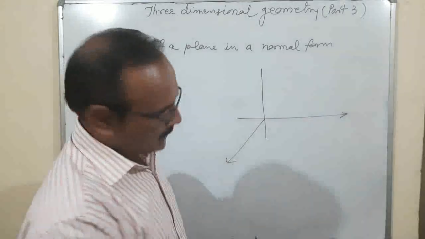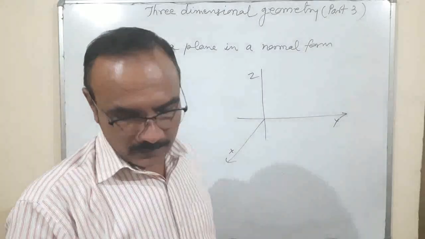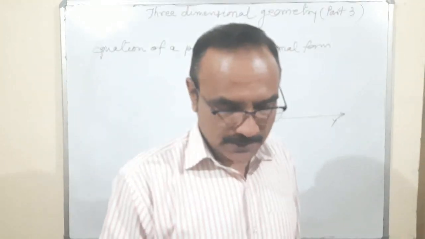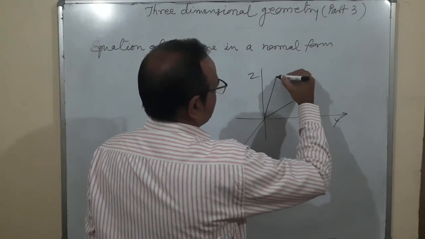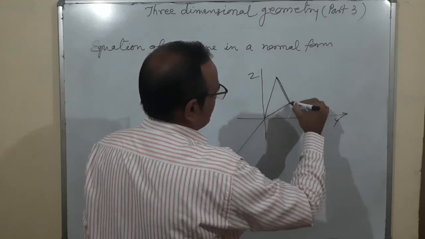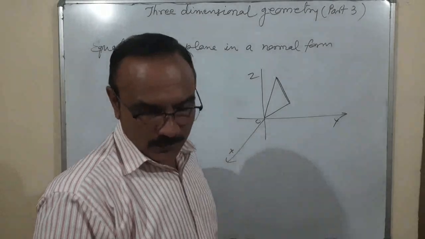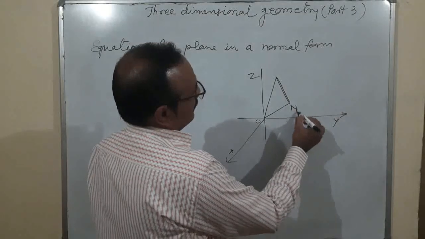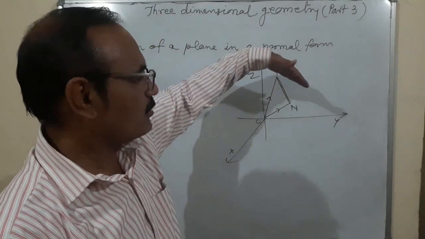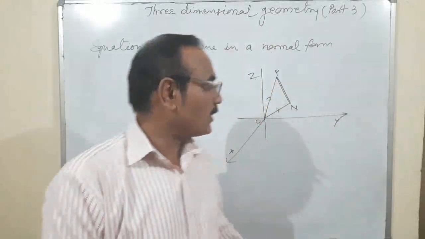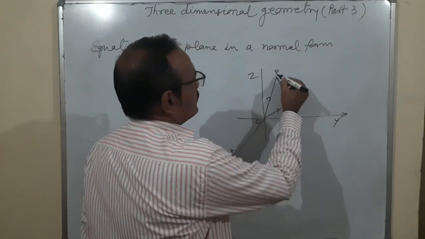Same as this is the x-axis, y-axis and z-axis. It is x, y and z. And we are talking about the plane. Plane like that, suppose this is the position. I will take one perpendicular here. These are the points. From the origin, this is O. One point I want to take here, N, and that is P. Okay. So we are talking about this plane, which is perpendicular from here. The perpendicular distance is D.